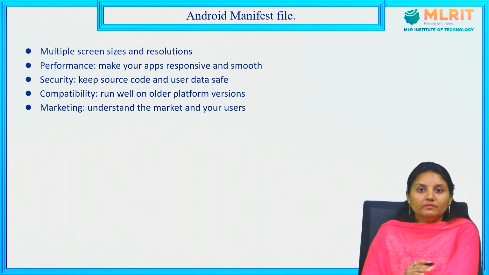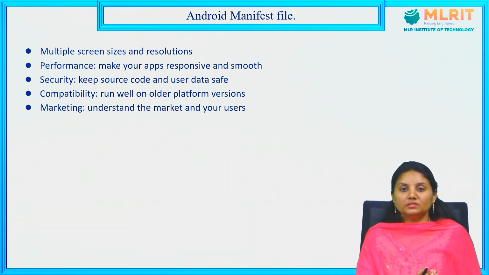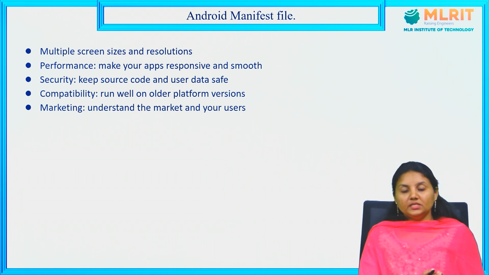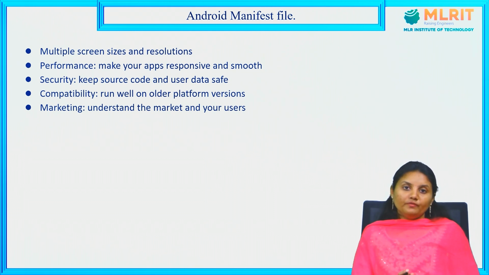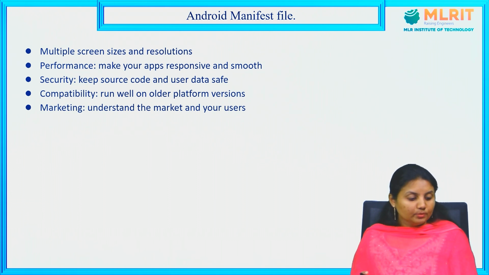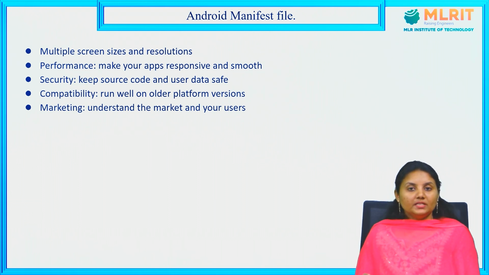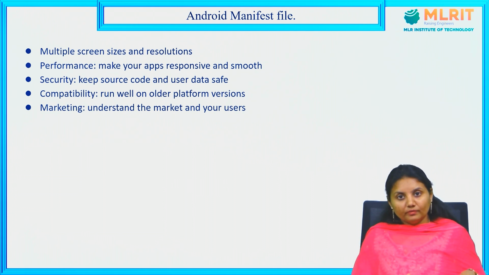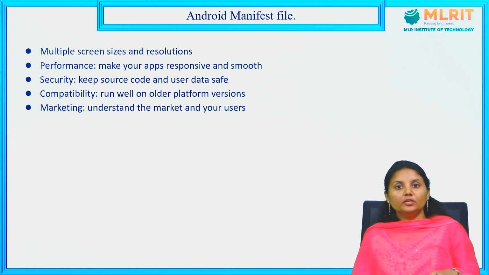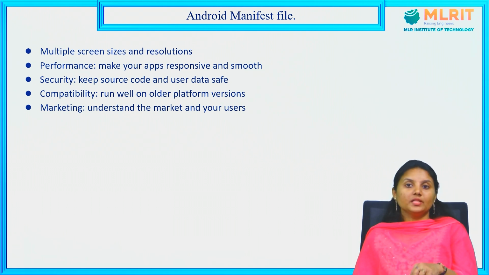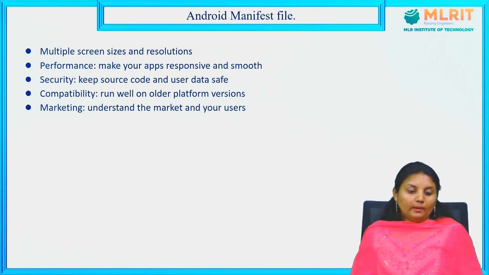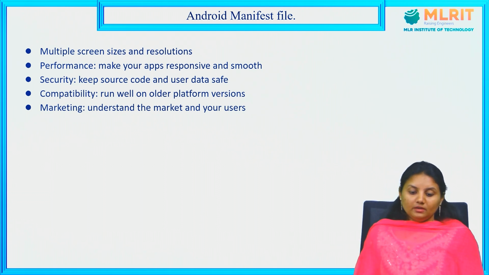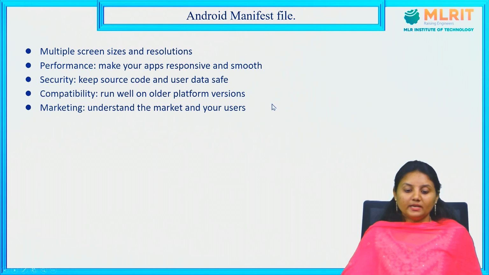Compatibility, so older versions platform means you are defining users versions, right? Minimum SDK and target SDK values. So 15 to 26 if you are giving, only those will be compatible. So this compatibility check needs to be done. And marketing, so understand the market so that whatever applications you are developing, based on the requirement of the customers and the current market trends, we have to include those features into our APK files, then only it would be successful. So this is about the Android manifest file, where we can use it to bind our XML files